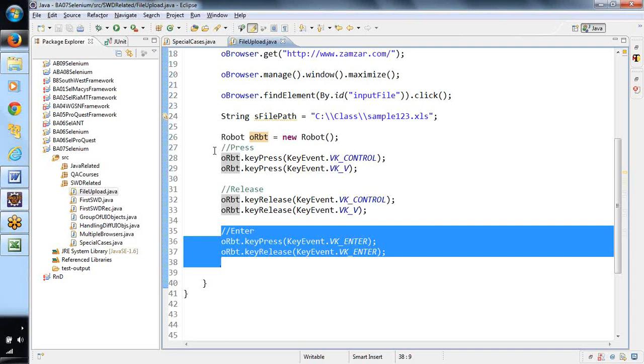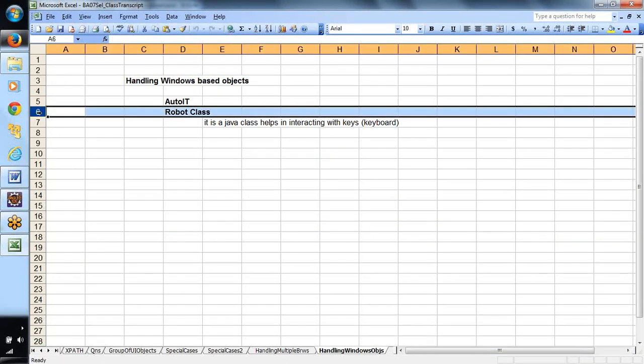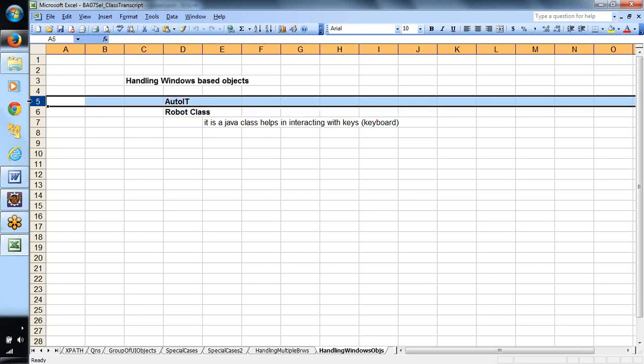The main difference between the AutoIt tool and this Robot class is that with the Robot class we are performing keyboard related operations on the application without knowing anything. We are not sure where exactly we are performing operations, but we are doing keyboard operations blindly. Whereas AutoIt is an automation tool for Windows applications, where it is going to recognize the objects.